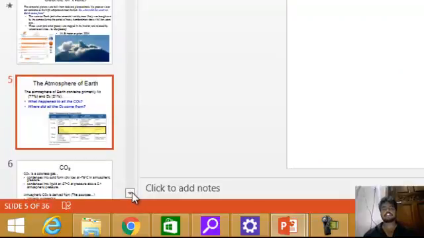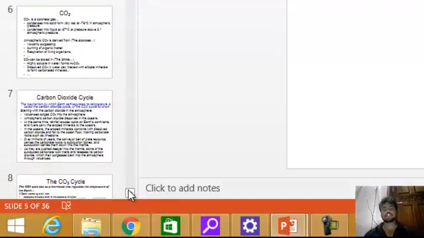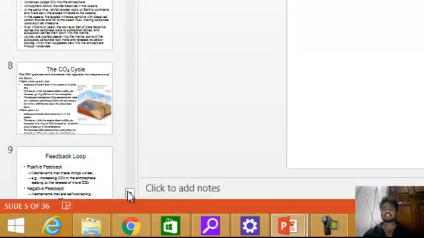The atmosphere of Earth contains primarily N2, 77%, and O2, 21%. Atmosphere of the terrestrial worlds. The Earth's atmosphere contains a combination of gases: 77% N2, 21% O2, and 1% argon, and H2O in variable quantities.